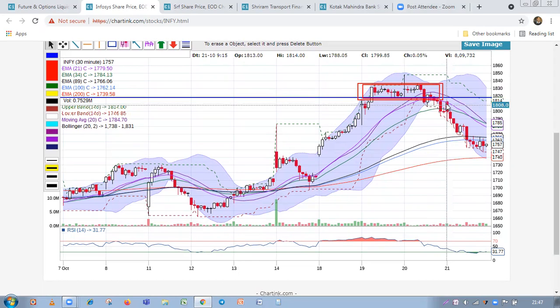Its first 30-minute candle could not give a movement on the upper side, so it continued the downtrend. The breakout that happened yesterday continued, and today it has given a big fall from the opening price of 1813, and today's close is around